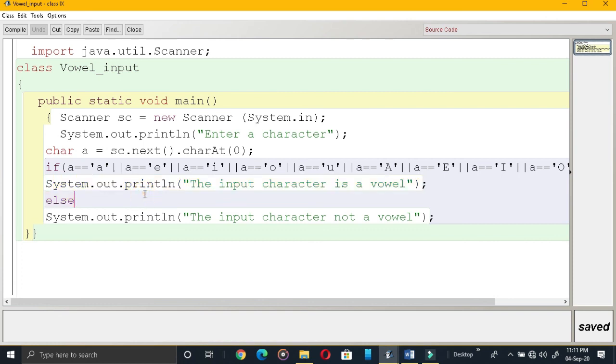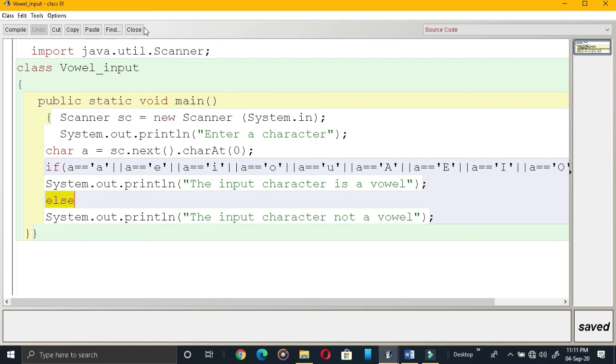Okay. Now I am giving another example here. In this character, when I type, I am giving P. Now checking. Is P equal to A? No. Is P equal to E? No. Is P equal to I? It's not evaluating to true. All these statements are false. So what will be executed? This won't be executed. The else part will be executed. In the else part, what is written? System.out.println, the character is not a vowel.